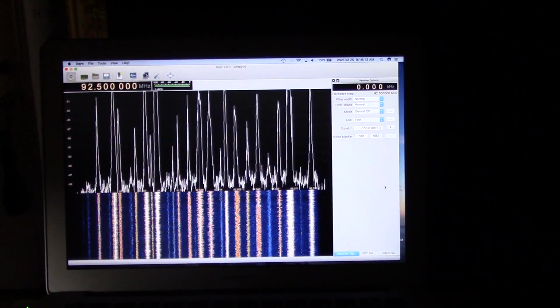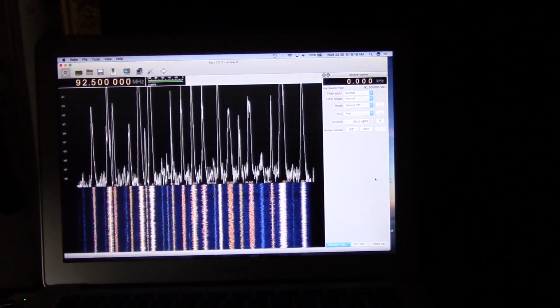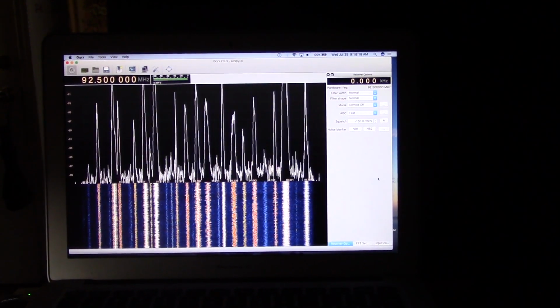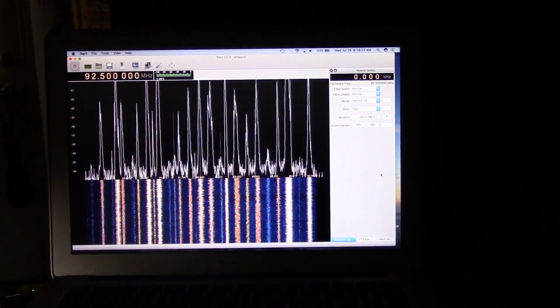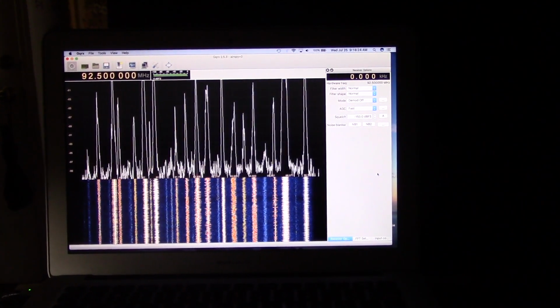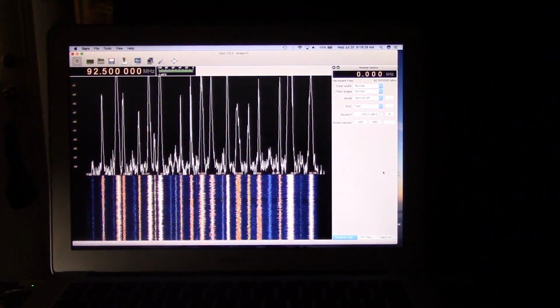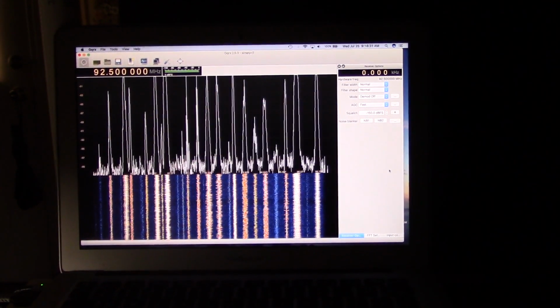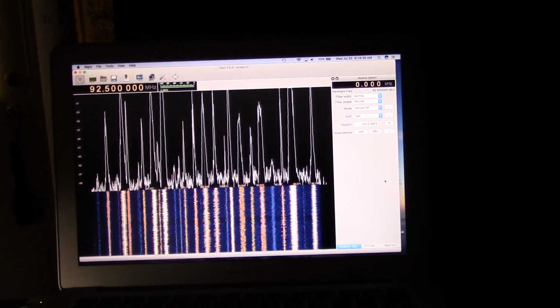Now, it's hard to show live DXing with this because you'd probably have issues, if you're listening to a station that's playing music, waiting for the song to end so you hear the DJ say something. Well, you can't really do that on YouTube so much. So what I'm going to show you here, this is normal conditions. This is with the antenna pointing kind of east-northeast, which is